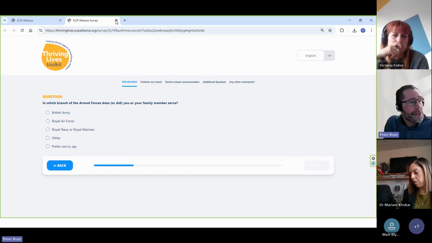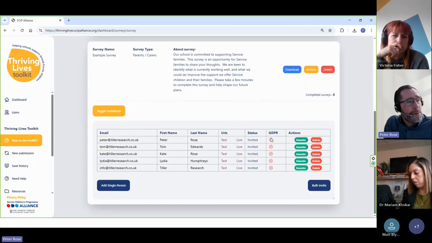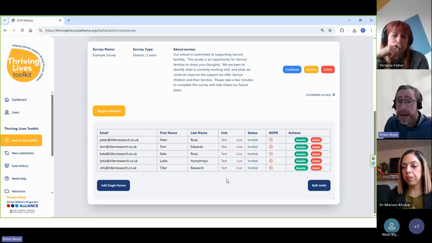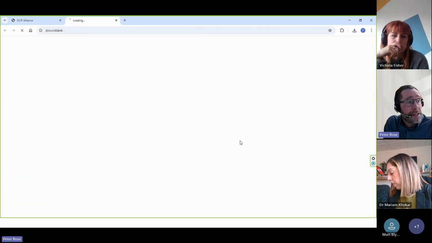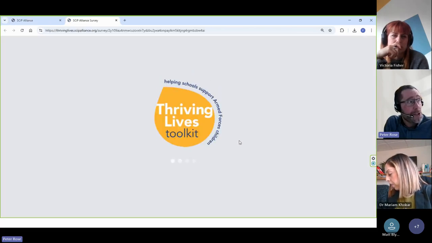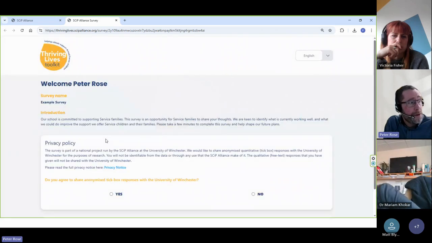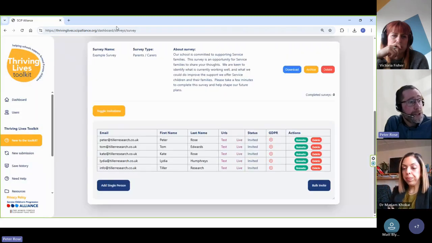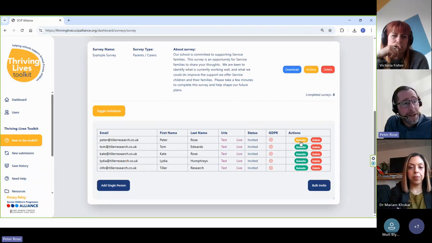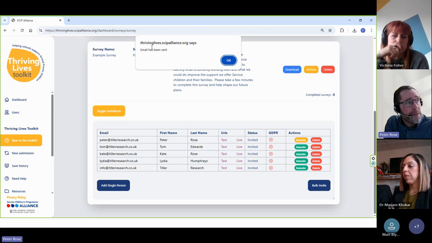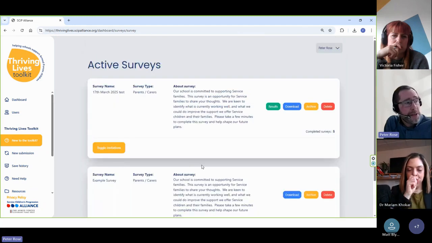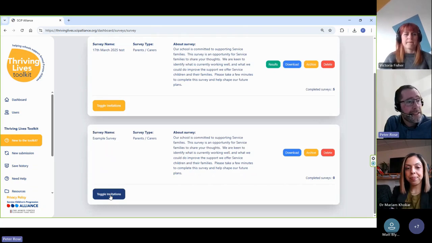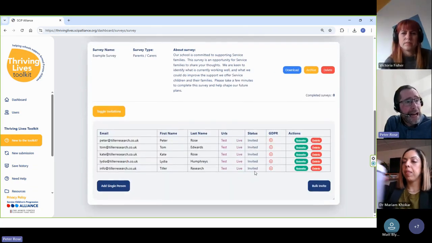I won't go through the full set because of the lack of time, but what you then will get is a log here of who has completed the survey. If you hand out paper surveys, you can go in and fill in the responses that people have given. If you wish to send people a reminder, there is a re-invite button where you can send an email reminder to people who haven't completed the survey yet, and